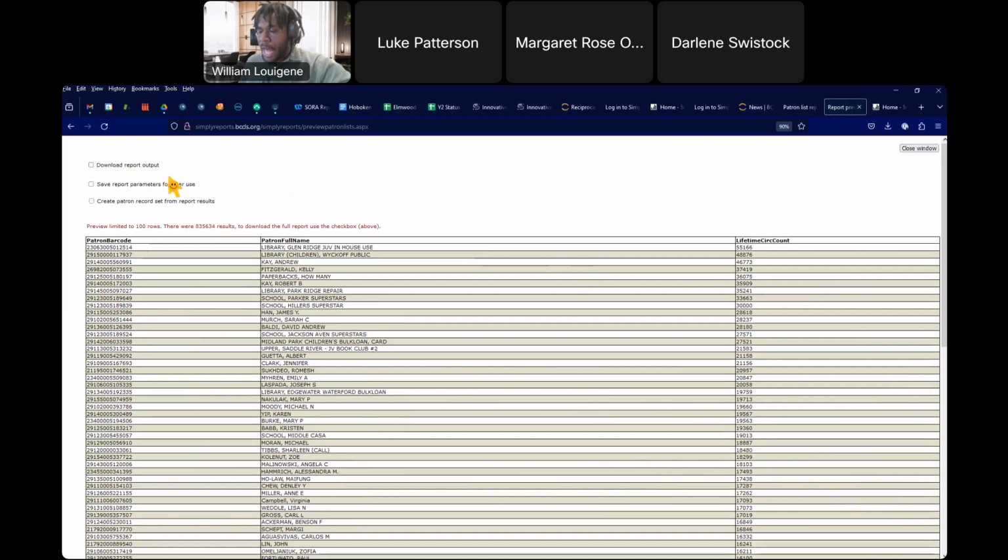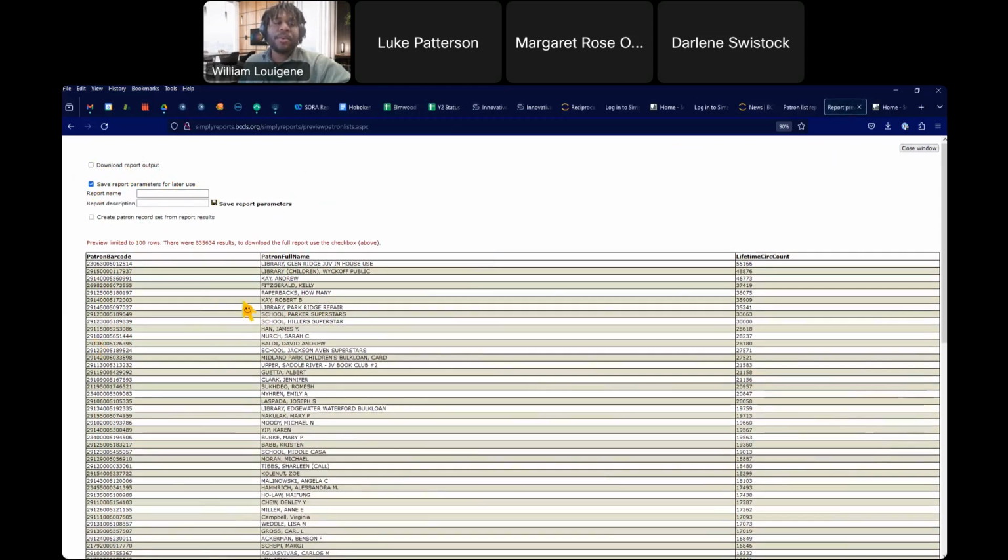Next up, we have our save report parameters for later use, which is a really cool tool as well. If we go ahead and click this, since we've already constructed our report using all of those parameters, what we can do is save those report parameters so that we can use it later on and not have to put those parameters in again whenever we need to generate this type of report. So in this case, I'm going to look at these two fields. We're going to name our report top lifetime checkouts here. And then for our report description, we're going to say top